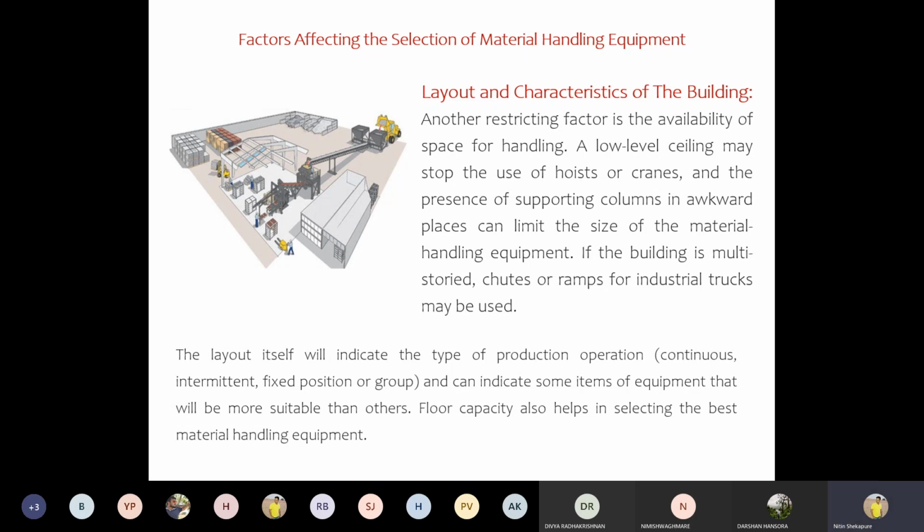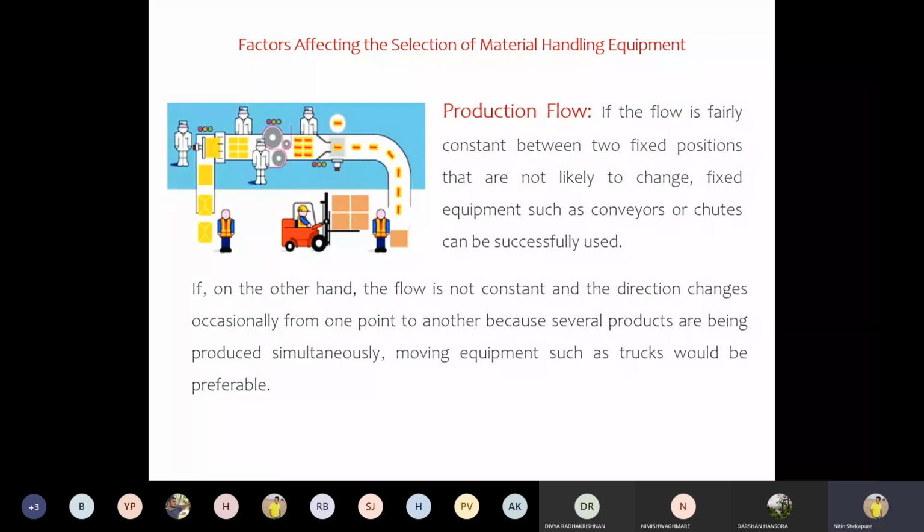Suppose it's a continuous production system, you can see a lot of long conveyors and long lines. If you go to a small scale industry, you come to know that the space is very small, the handling of material is very quick, so we are using boxes or maybe small trolleys or something like that. Nothing more than that. But if it's a continuous production system, a long system, then your set of material handling equipment might change. So that is the difference.